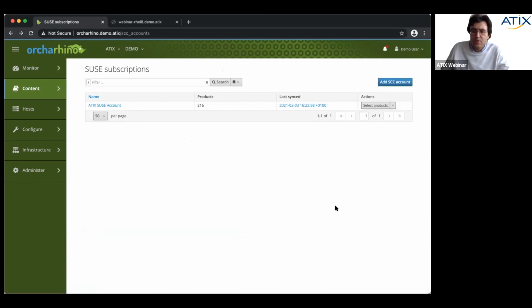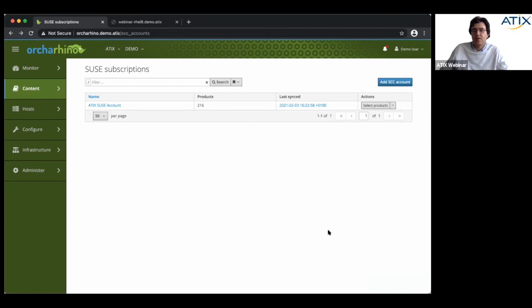If there is a new repository added to a system, it can't be seen immediately. How long does it take until it shows up? You mean you added it to a server in the surface, and you want it to show up. It can be that you need to refresh it. In case of Ubuntu, you have to do an update to refresh that. In case of Yum, you probably have to just refresh your subscription so that it gets visible. If you do a yum repolist, it should be there immediately.